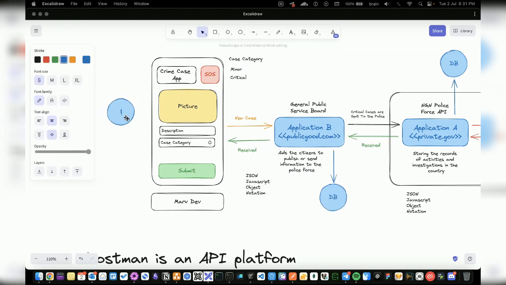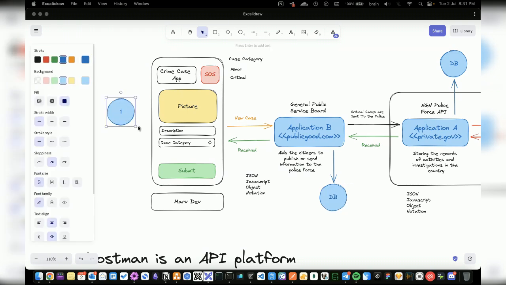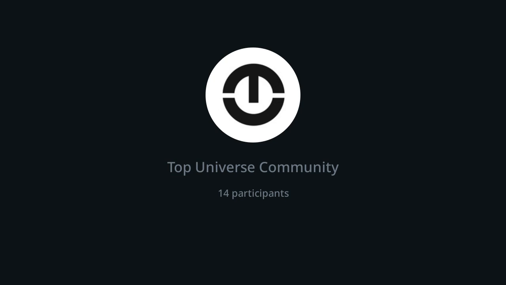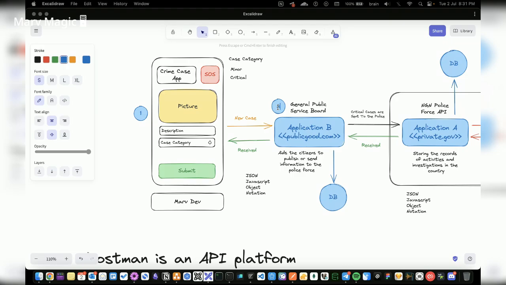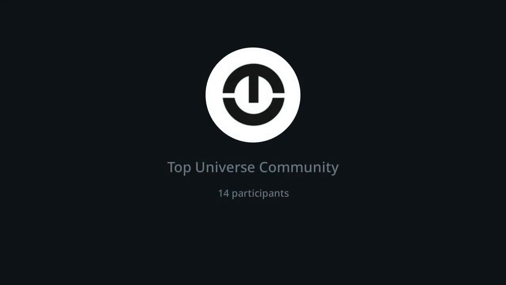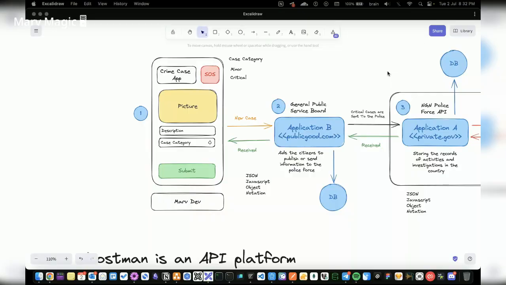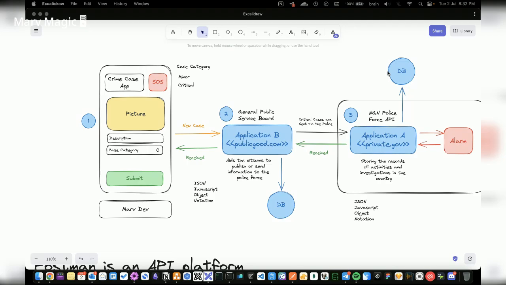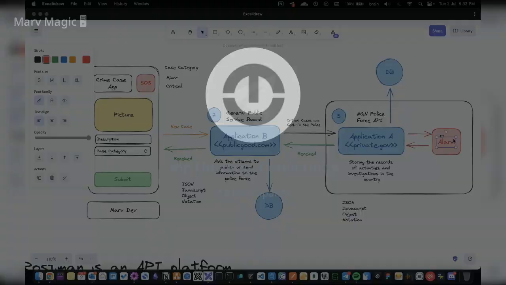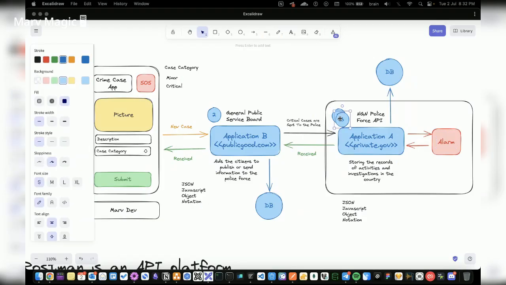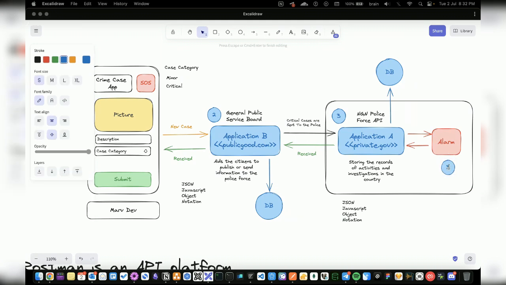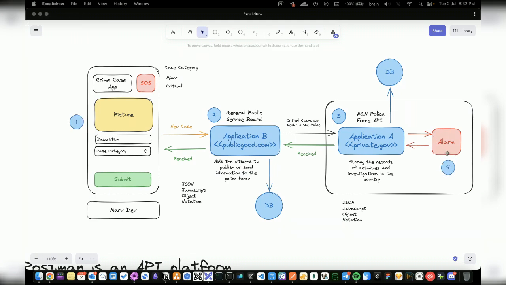So here we have component 1, component 2, and right here, component 3. So you see we have 3 components communicating with each other via API connection here. Although we have component 4, component 4 is internal to the police, right? So they choose how to make that communication happen, eventually. But you get the point.